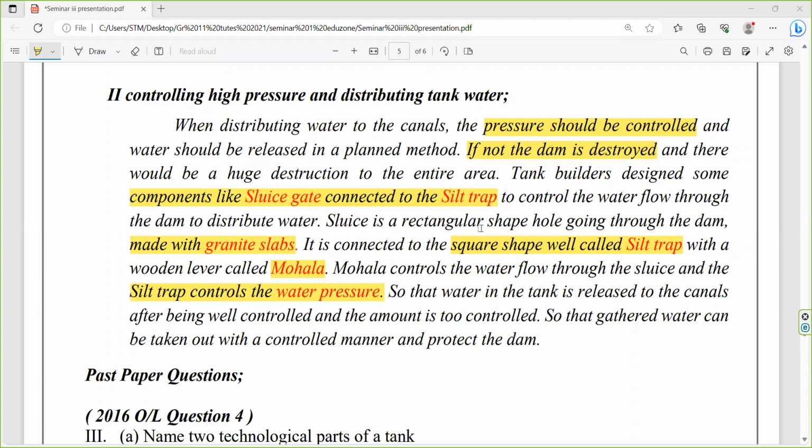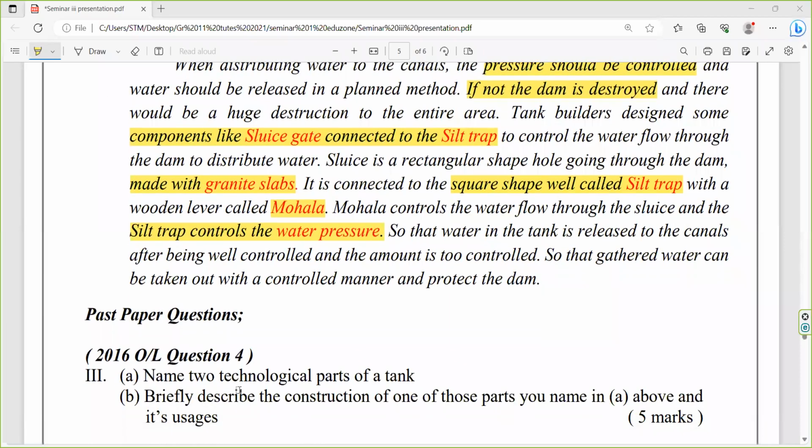Okay, now we'll see what past papers have been given. Now I have to show you. I taught something, and now I have to give you the proofs that these things were there. Right. See,